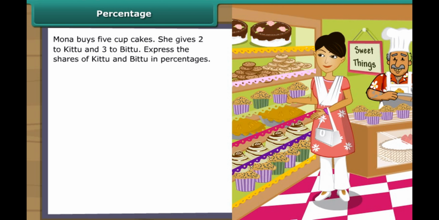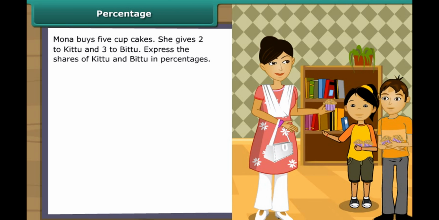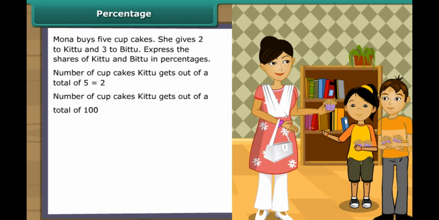Mona buys 5 cupcakes. She gives 2 to Kittu and 3 to Bittu. Express the shares of Kittu and Bittu in percentages. Number of cupcakes Kittu gets out of a total of 5 is equal to 2. Number of cupcakes Kittu gets out of a total of 100 is equal to 2 upon 5 into 100, which